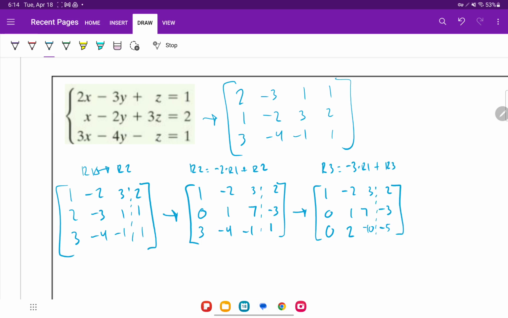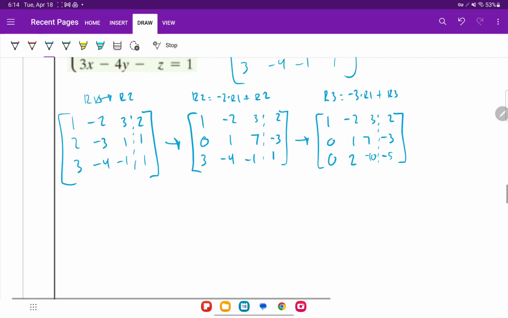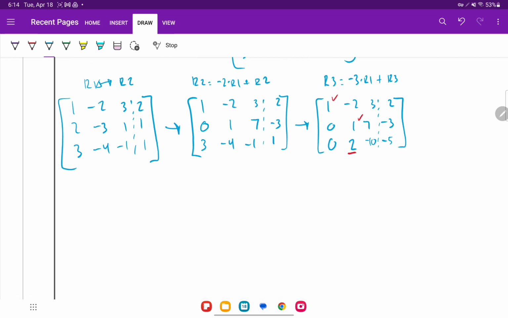All right, so we have that there. Now when you look at this, this is a 1, this is a 1. We need to get this to be a 0. So the way we're going to do that, I'm going to take row 3 equals. I'm going to multiply -2 times row 2 and add that to row 3. So I'm not changing the first one. I'm not changing the second one. I'm going to multiply